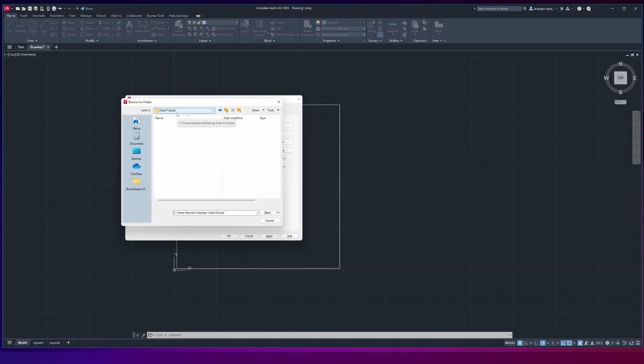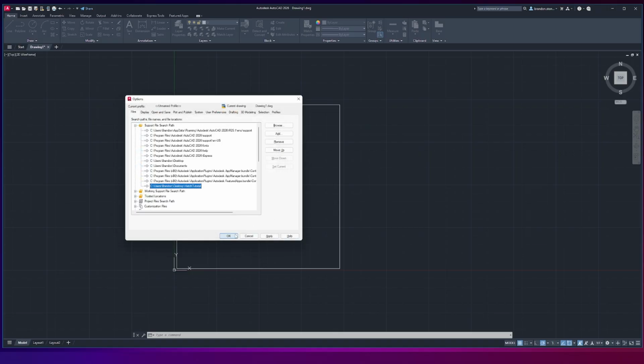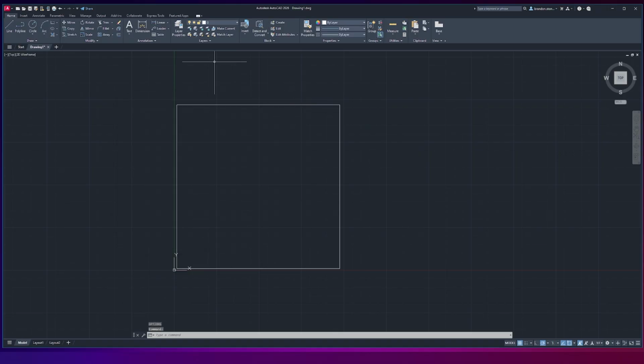Again, you don't want to be moving that .pat file around. You want to put it in a spot that you know it won't move, because if you move it, it will no longer be referenced to the folder, and when you open AutoCAD, you won't be able to use your hatch. So just save it somewhere where you're not going to touch it in the future. Then hit open, and you can hit OK. Looks like nothing happened, but if you were to type in hatch,